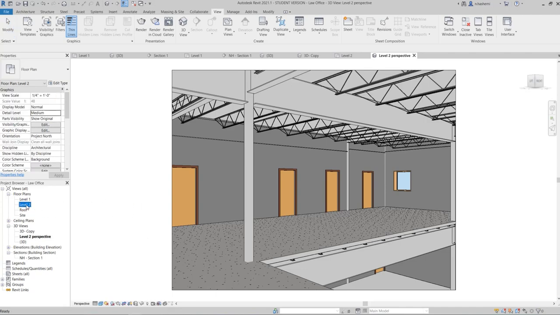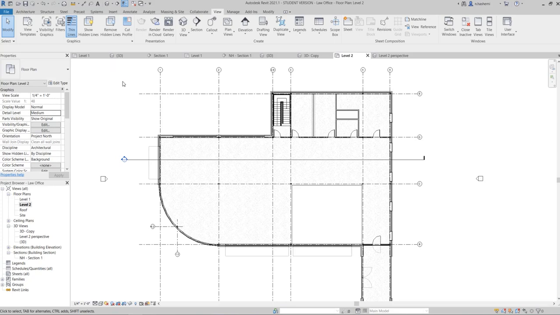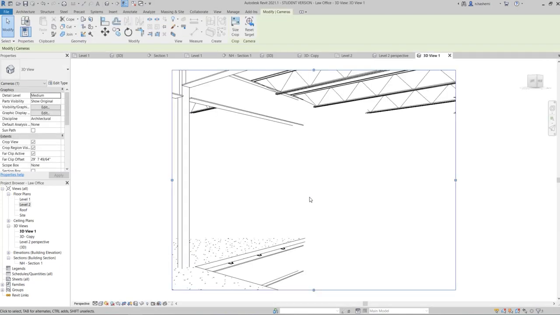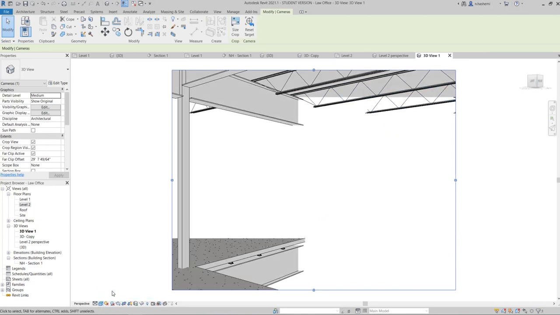So go to level 2 and then just add another camera. Okay, here. And then this time we want it to be shorter, like this far. Okay, you see what happened? Let's switch to consistent color. I can see it only up to this far, and that's a huge problem, okay? And that's because of that far clip active, that cropped my view.